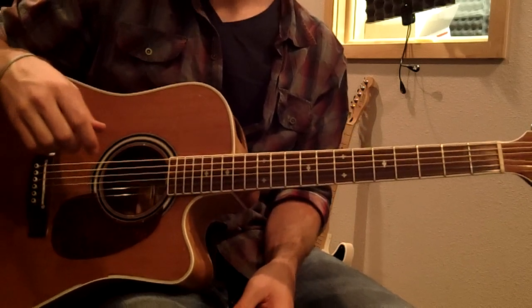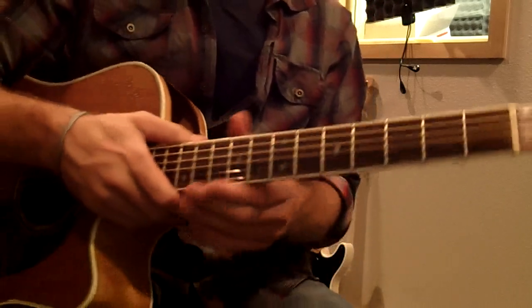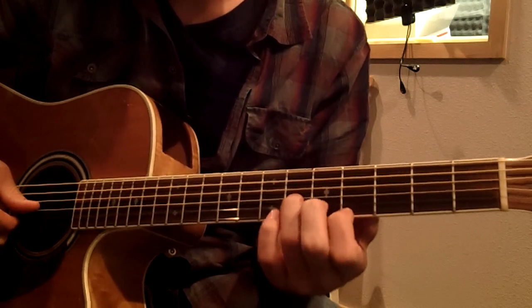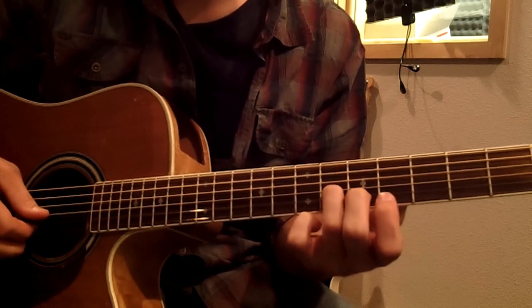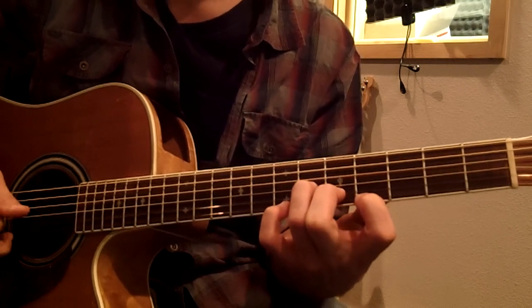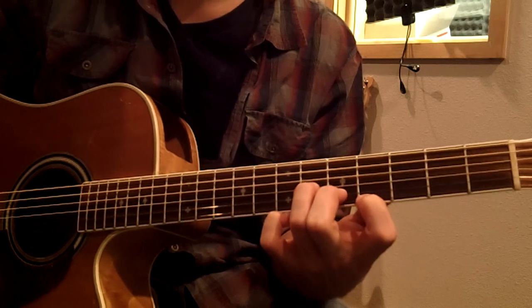And that's that. So, first off, for the chord shapes on this lead line position, your third finger is going to be on the 6th fret of the G string. Your second finger is going to be on the 5th fret of the B string. Your first finger is going to be on the 4th fret of the high E. Okay, and then how you would pick that would be